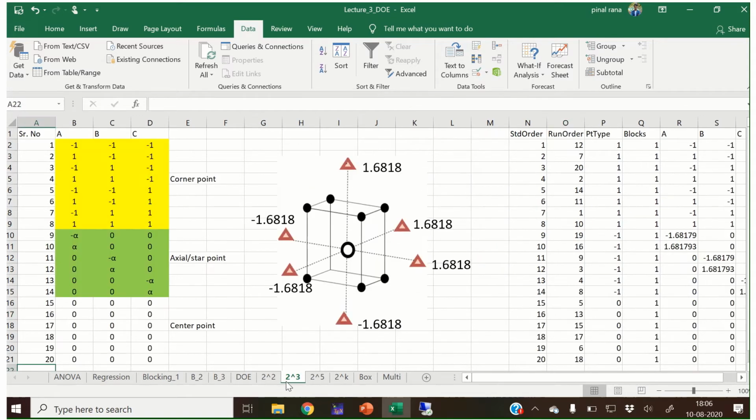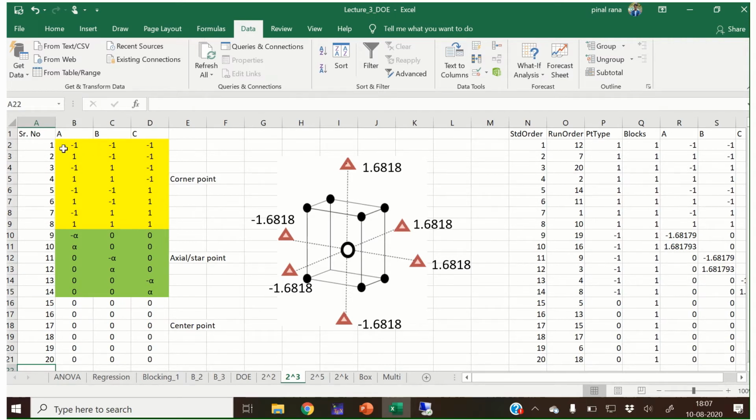Same way I have created the central composite design using 3 factors. This is the design I have created in Excel. This is the standard 2 raised to 3 factorial design that we learned in the last lecture.